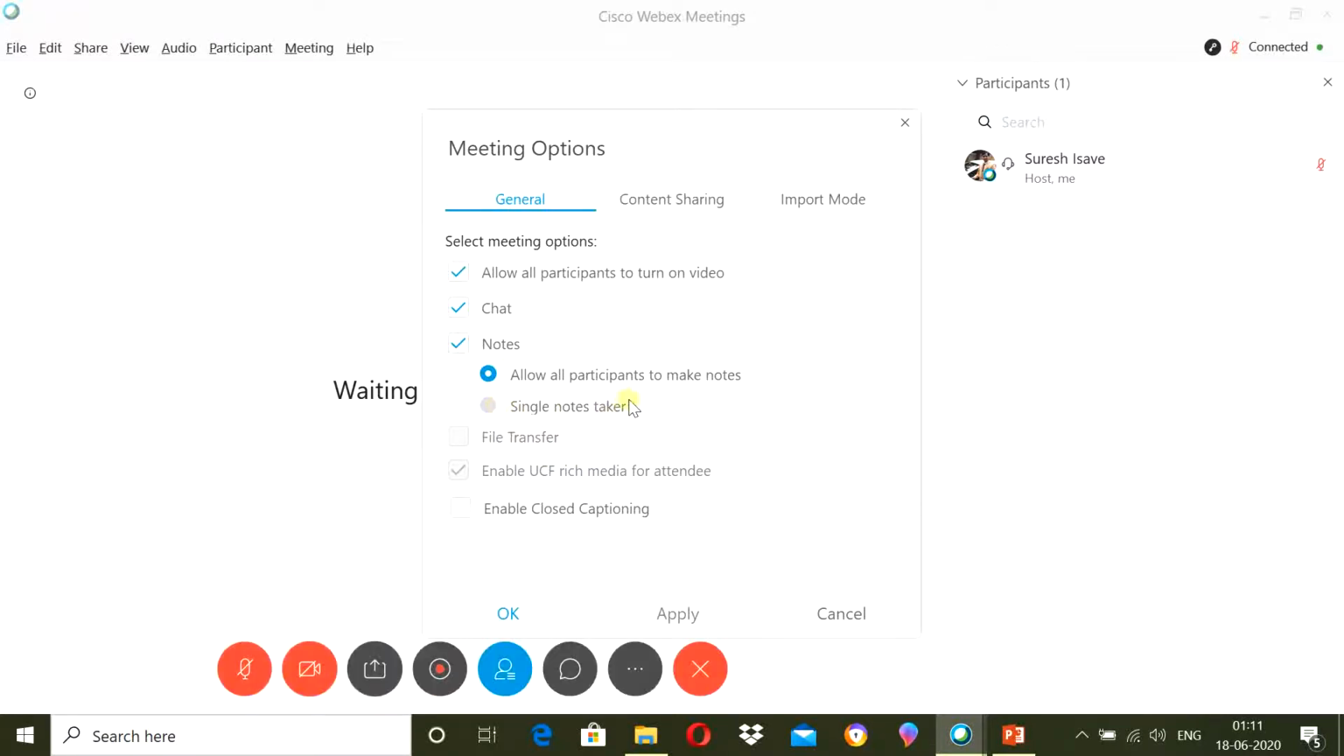So if you are taking some institutional meeting and you want everyone to contribute in the notes, then you can click on allow all the participants to make the notes. If it is some public webinar you are organizing, you should click on single note taker. So only one person can take the notes, so that can be circulated later on. So we'll show you how to